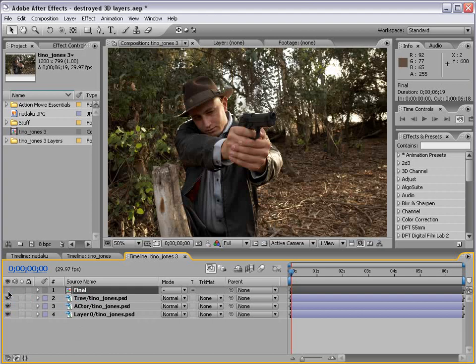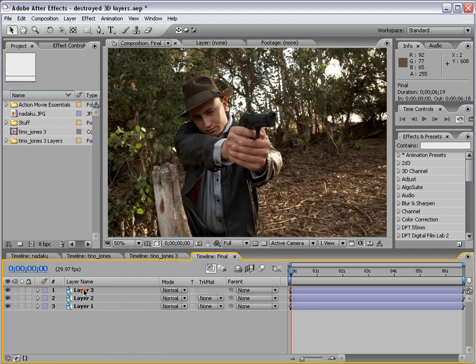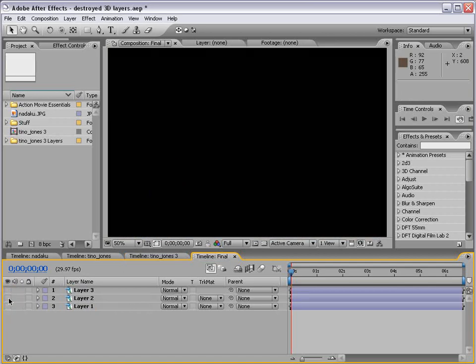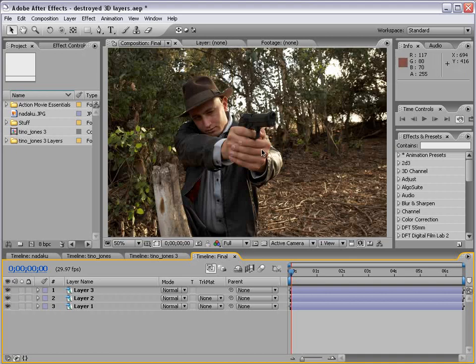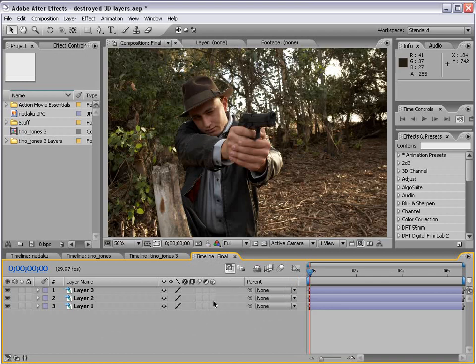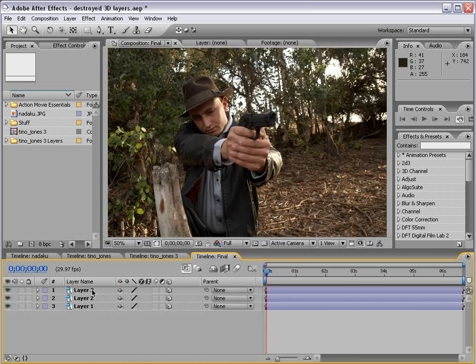Now I worked on this earlier and did a little better job, so we're going to use my comp, which is just inside, and I'll alt double click. And so same thing in here, we have our tree, our actor, and our background. So I'll turn those layers on, and I'm going to go ahead and turn them into 3D layers. So F4, bring up our 3D switch, and we'll turn them all to 3D. Let's see, and we'll call the first one tree, actor,